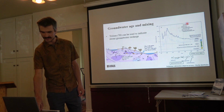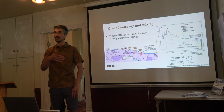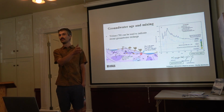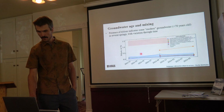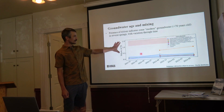So I've blown up that schematic from one of my earlier slides. If we've got a groundwater flow path that comes from this lake and then infiltrates and discharges at a spring just kind of on the other side of the hill, we would expect that that water would have some tritium in it. The very, very deep groundwater we would expect to not have any tritium at all because it predates when atmospheric nuclear testing was conducted. So the results that we see for our springs in Steamboat, this is the tritium activity